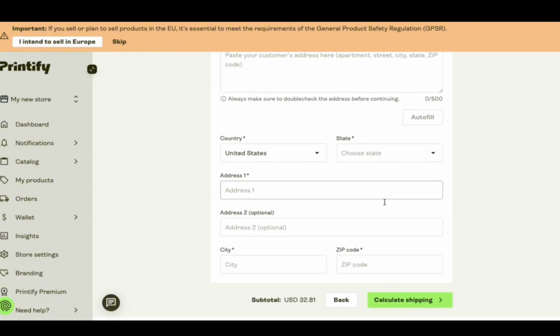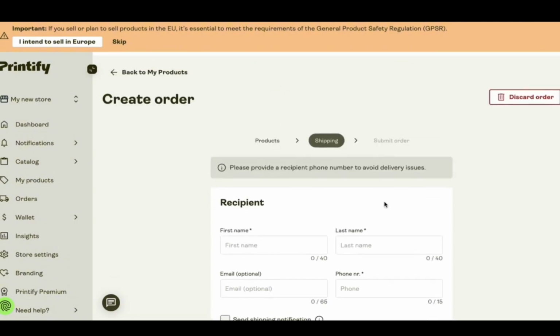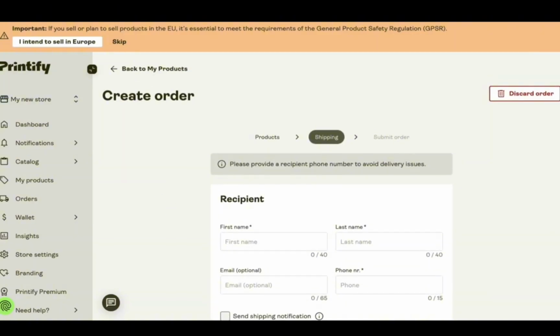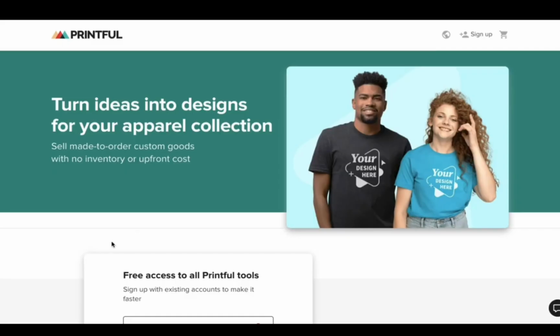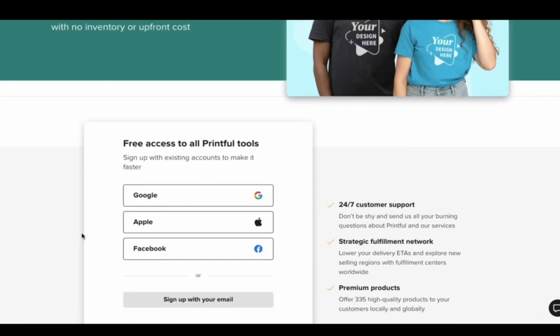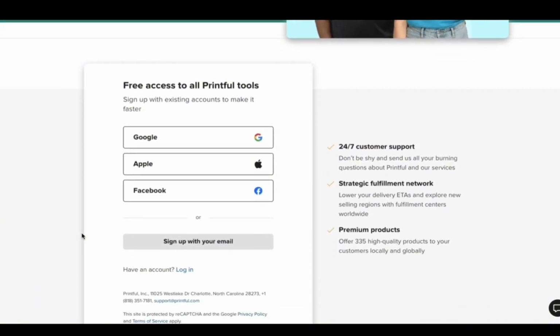All right, my smart and savvy creators, let's see what Printful has to offer us. Let's see what that website looks like, and let's see what a tumbler over there looks like. All right, here we are now on Printful. Same deal as Printify, so it is free access to all Printful tools. We like that a lot. And just a heads up,